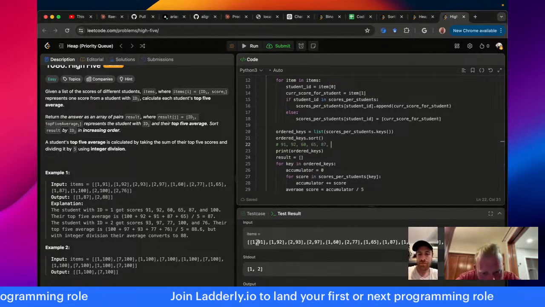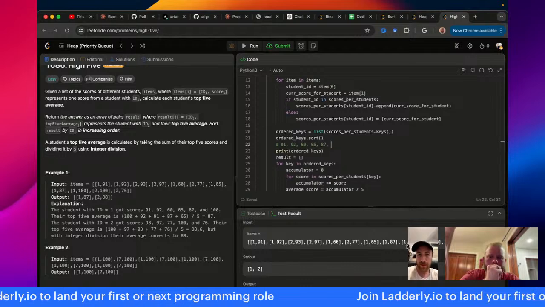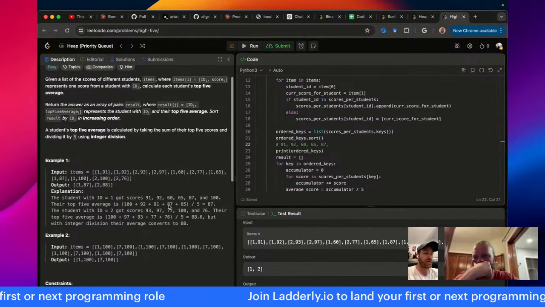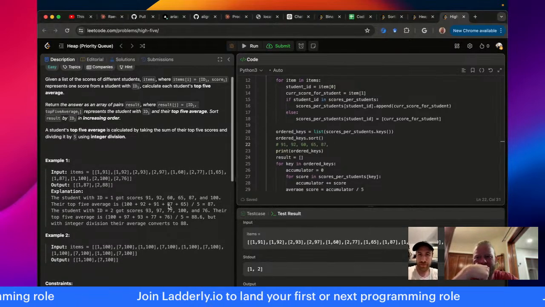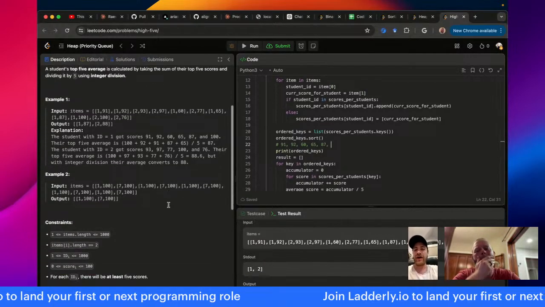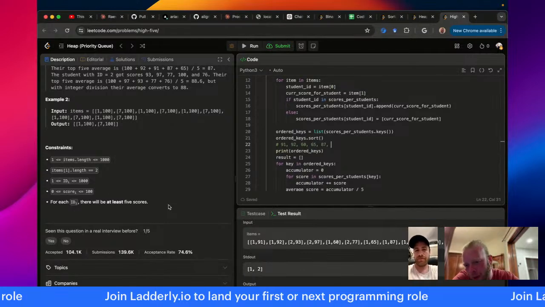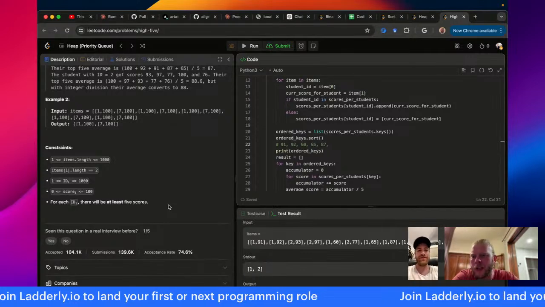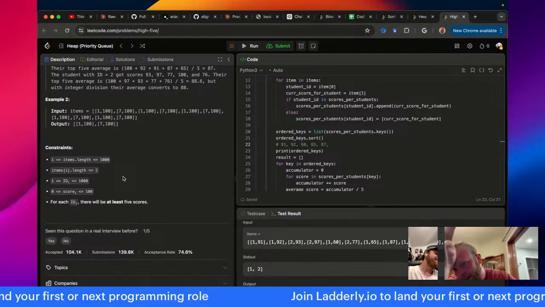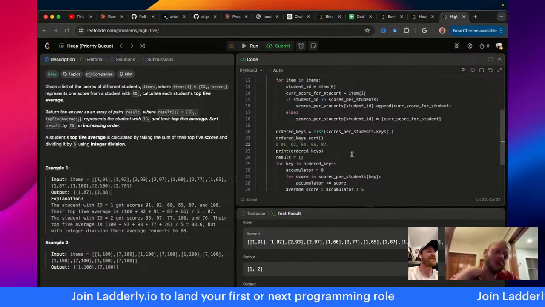Do I have more than 5? 1, 2, 3, 4, 5, 6. There's 6 answers. There you go. Return the answer as an array, the top 5 average. Oh, what is it, like average of top 5 only? Yeah. And that's just a straight up problem and reading the problem. That's on me. So I was reading that there would be 5 per, but it's a minimum 5 per.